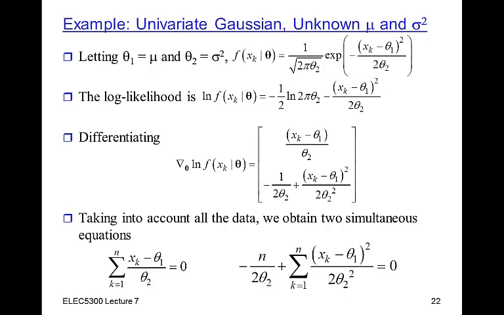Now let's take a look at the final example here. In the final example, we're going to slightly relax the condition on the Gaussian, and now we're going to allow the mean to be unknown and the variance to be unknown. So in this case, we have a set of points that we assume is described by a Gaussian, and now, in addition to being able to adjust the mean, we can also adjust the variance. So the question is, which of these Gaussians